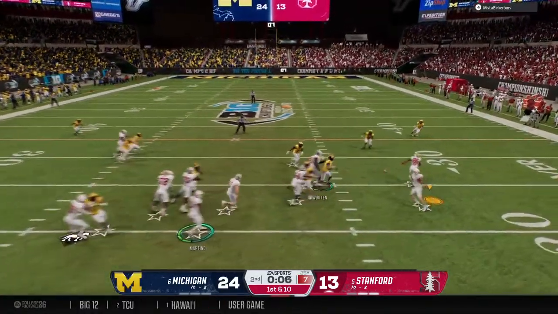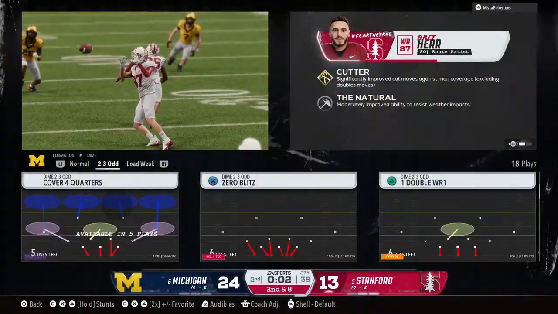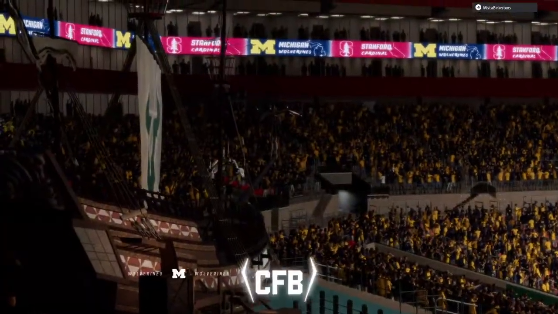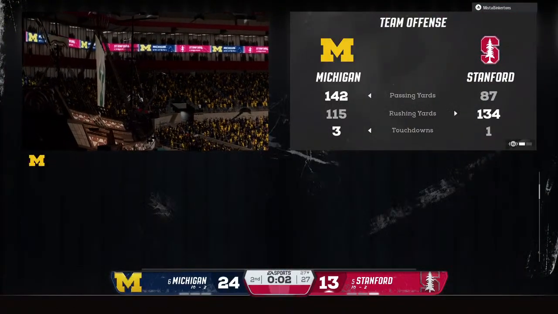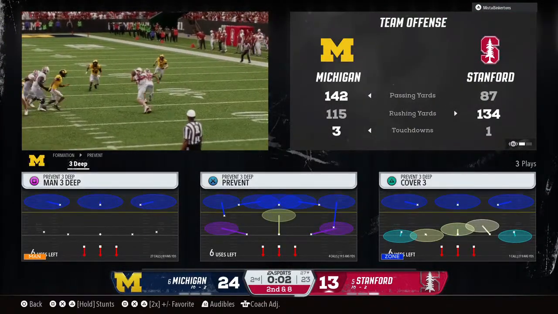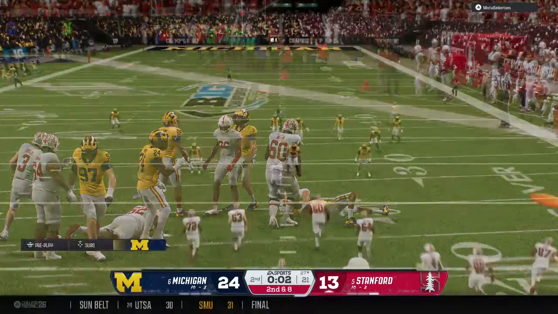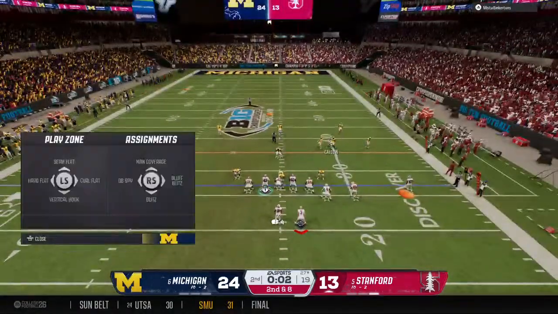On 1st and 10, looking to throw. Quarterback delivers quickly, a receiver on the screen. Tackle is made, just a short gain after the completion. Timeout is called to talk strategy late in this close game with halftime approaching. Looks like the final play of the half coming up.